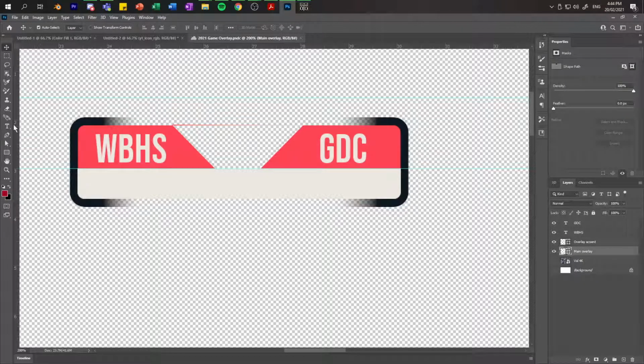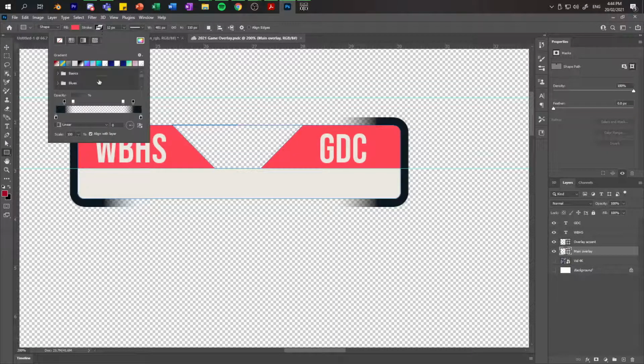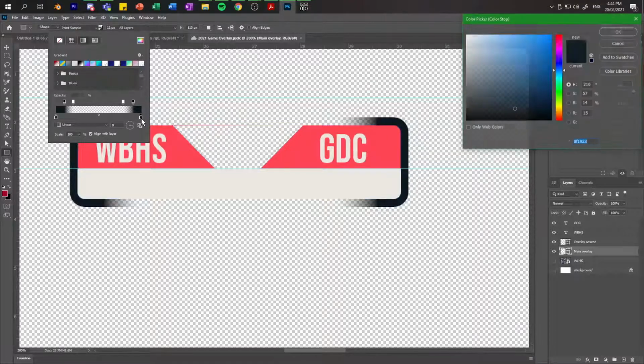So I'm gonna go rectangle button. So I'm pretty much using a gradient here. So I'm just gonna change the colors. And I think we can